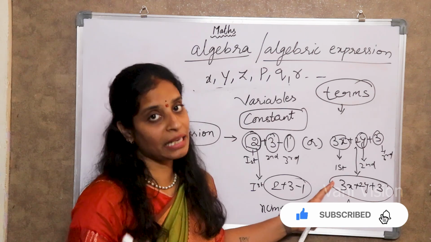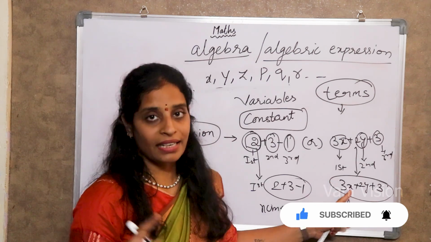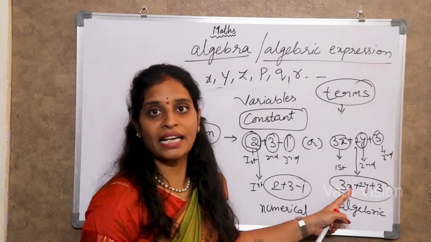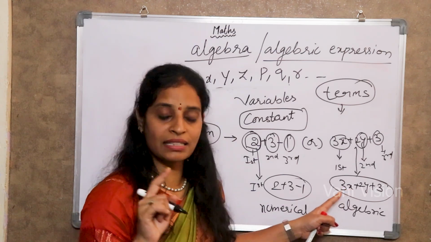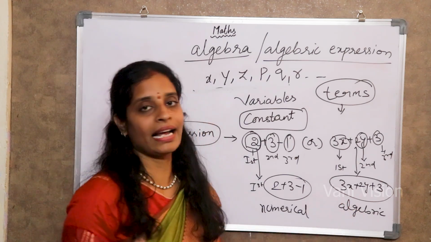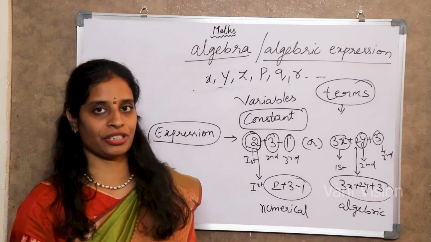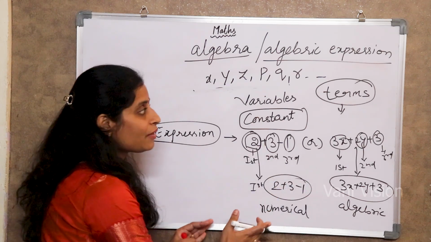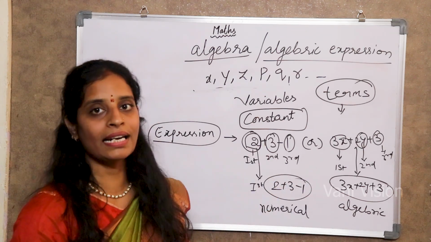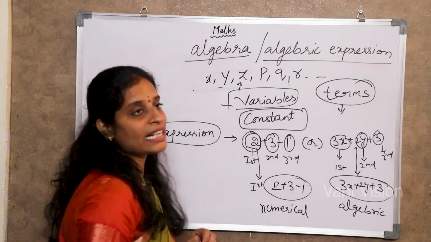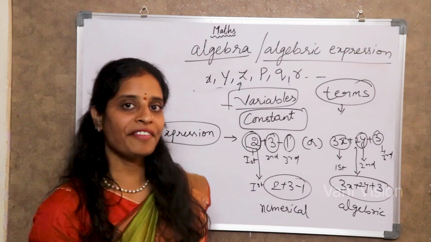A variable and a number, 3x. Right? If it contains a variable, any expression, any terms which contain variables, and if they are added or subtracted, is called an algebraic expression. I think you have clearly understood up to here what I have said. See what we have discussed about variables. Variables are alphabets, English letters or alphabets are called variables.